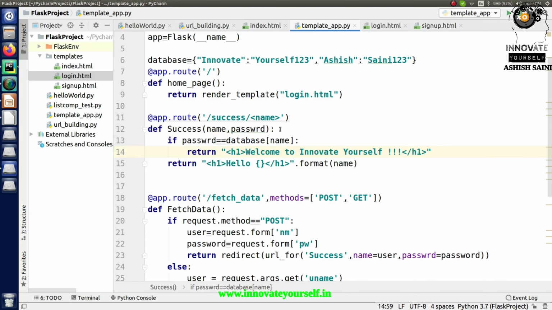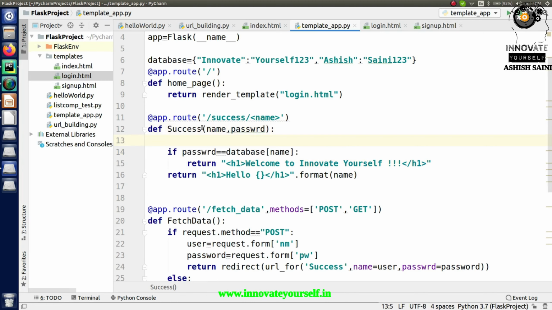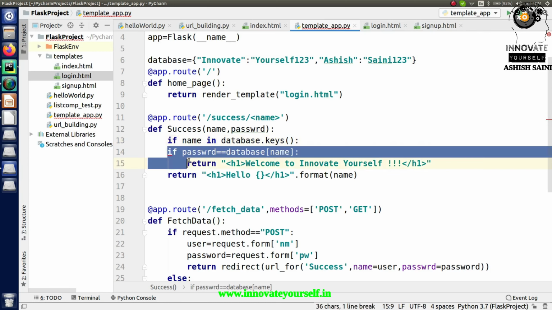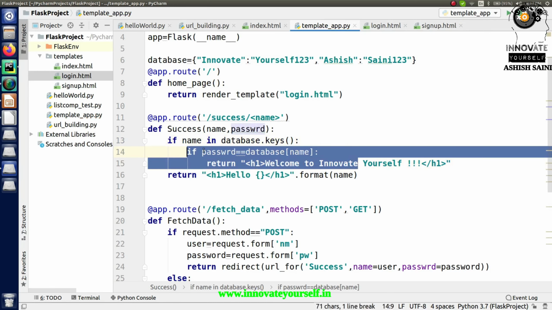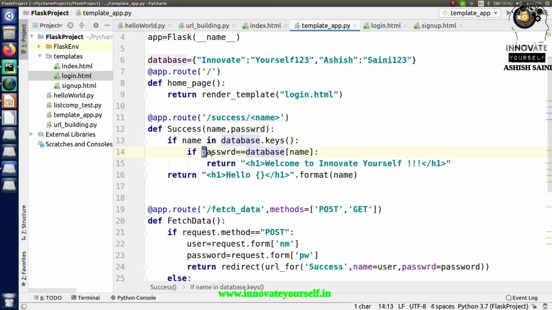Yeah, and one more thing I have to put, right? So it will be like, let's say if name in database. So this is what I will do, right? So when the name is in there and the password is matching, then I will display this part.